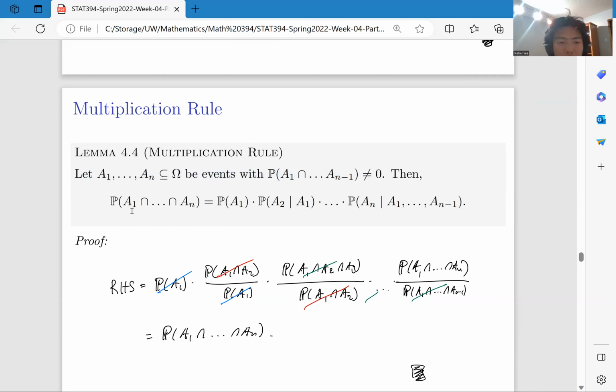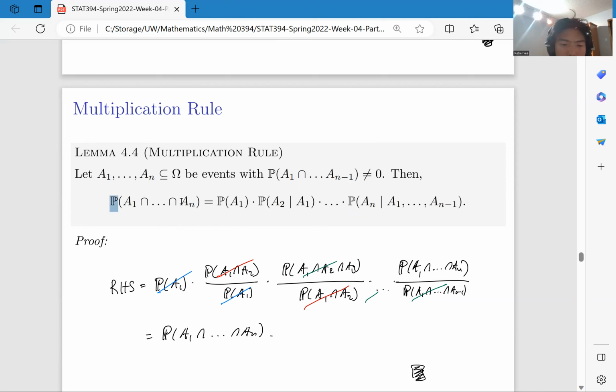And the probability of A1 intersection of all of these events is equal to the probability of A1 times the probability of A2 given A1, and so on, where each term is a new A-something given all of the A-somethings previously. So why is it true? Because